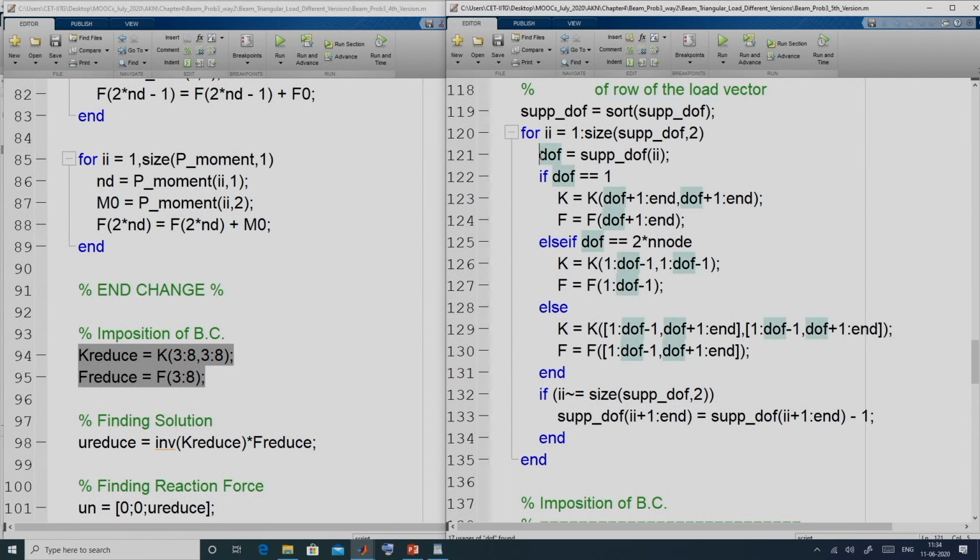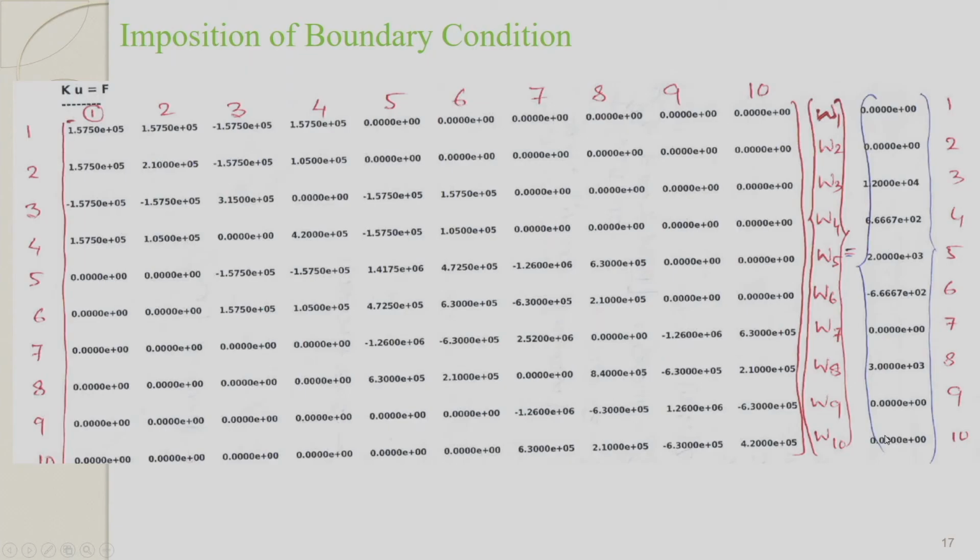After that, for the suppressed degree of freedom DOF, if DOF equals 1, that is, if our suppressed global degree of freedom is 1, then we have to eliminate the first row and first column,